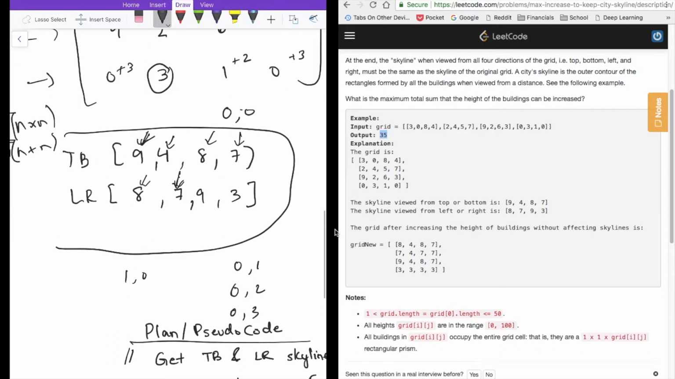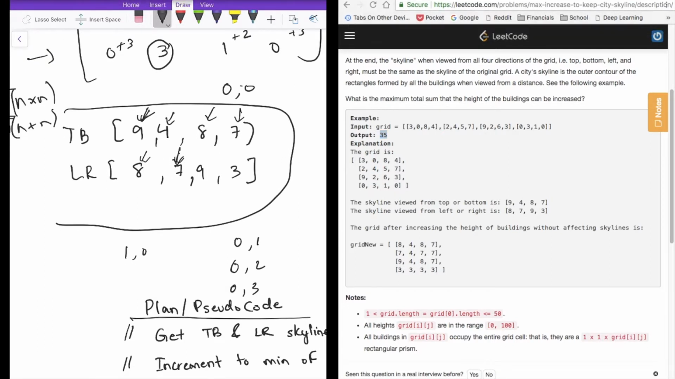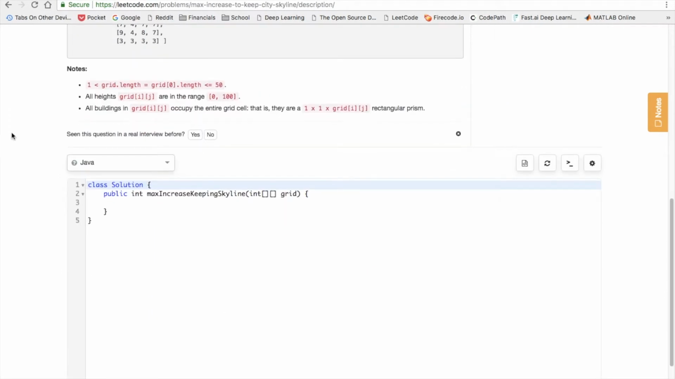So let's try implementing this. I'm going to close this a little, make some space for myself. And so the first thing we did was get the top, bottom, and left, right skyline view. Here, let's just say int, this is going to equal,